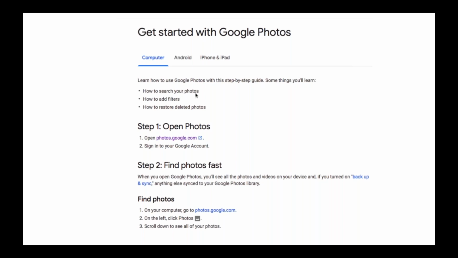Now, immediately my question is, okay, computer, you said, is it a web or is it a desktop application, right? How to search your photos? How do you authenticate that these photos are my photos? And what kind of search is possible? Even for a simple word like search, I ask questions like, what kind of search is possible? How many characters can I search? First three characters, and only then you start displaying the search results? Do I need to press the enter key and then you will start displaying the search results,